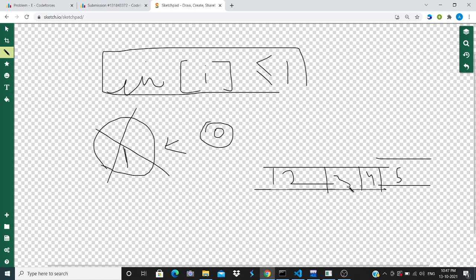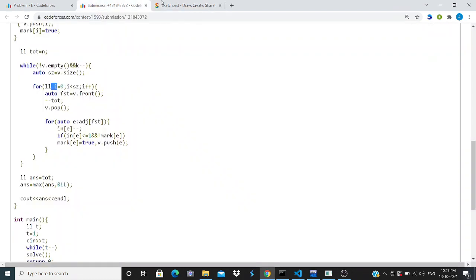So in the initial iteration only these 4 leaves will be popped out, or you can say cut off. That's why I am removing those vertices or nodes, and for each popped out leaf I am decrementing the adjacent vertex's in degree. And if the adjacent vertex's in degree becomes less than or equal to 1 and that is not marked, then I am marking it true and pushing it in my vector.